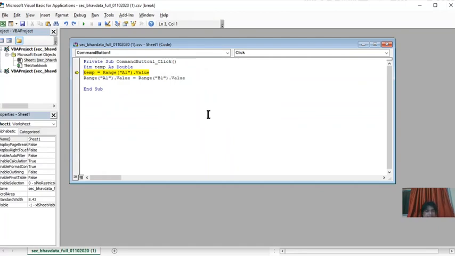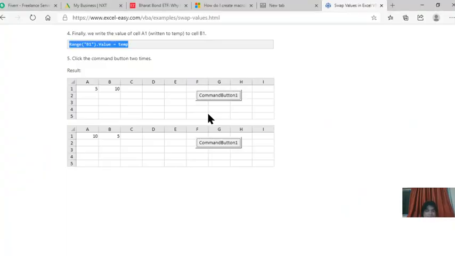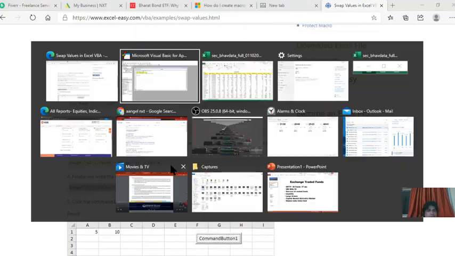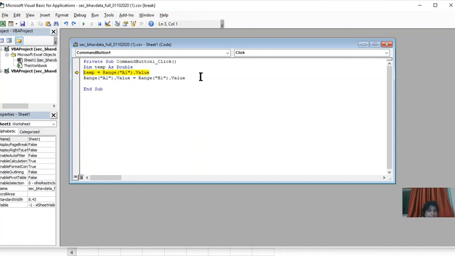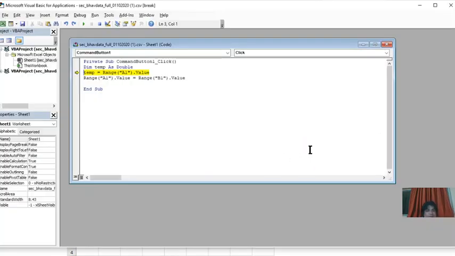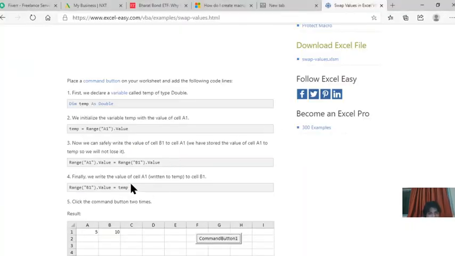This is where the error is coming in the code, so we will fix it. Temp is equal to Range A1 dot Value, and Range A1 dot Value is equal to Range B1 dot Value. The last line we had removed, so we will keep it there.